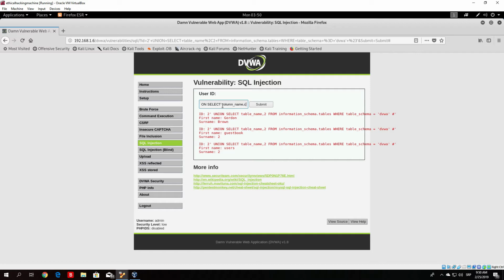We also want to select the column type from information_schema.columns. Now in the previous one we selected from information_schema.tables, and now we want to select from information_schema.columns, where table_schema, let me just see, oh, I didn't type it well, so schema equals